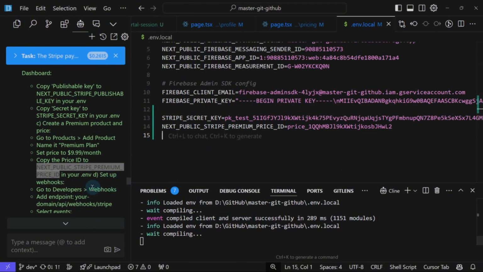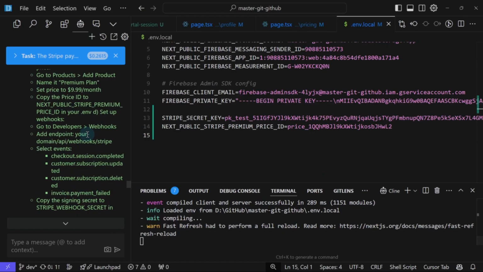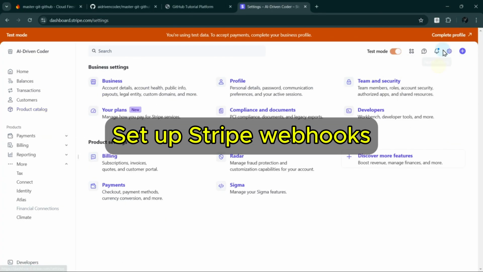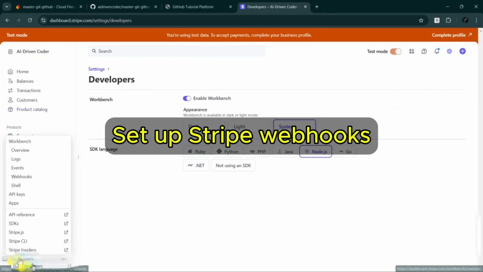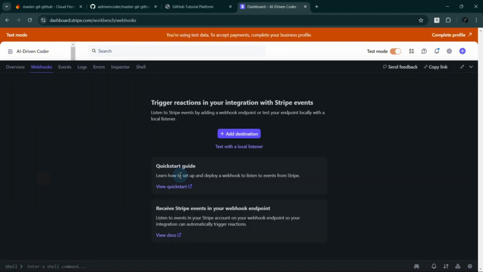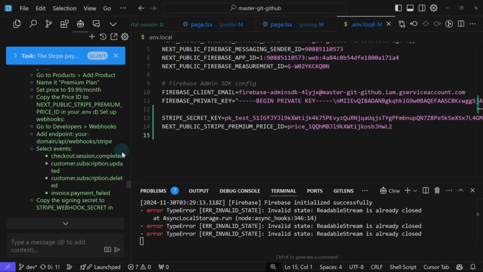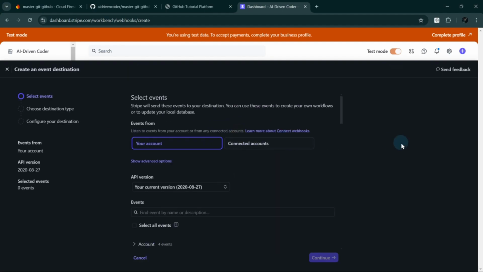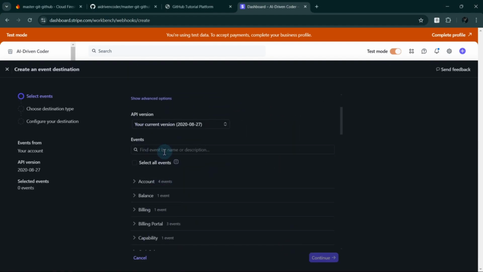Then set up webhooks. Go to developers, webhooks, yes. Add endpoint, okay. What events should I add here?